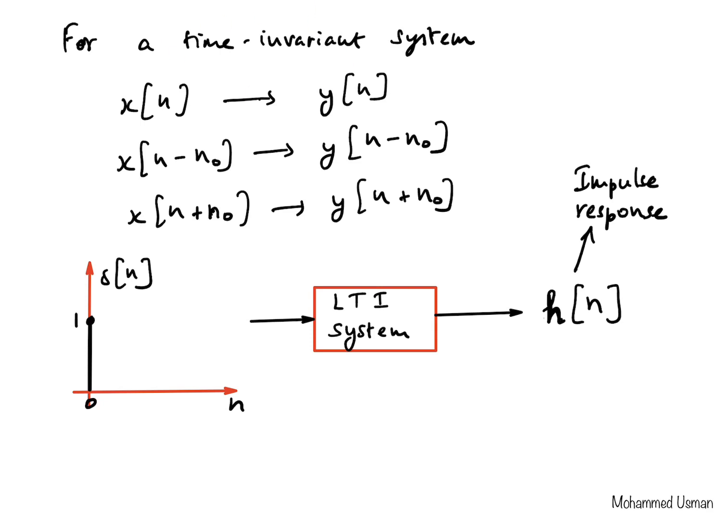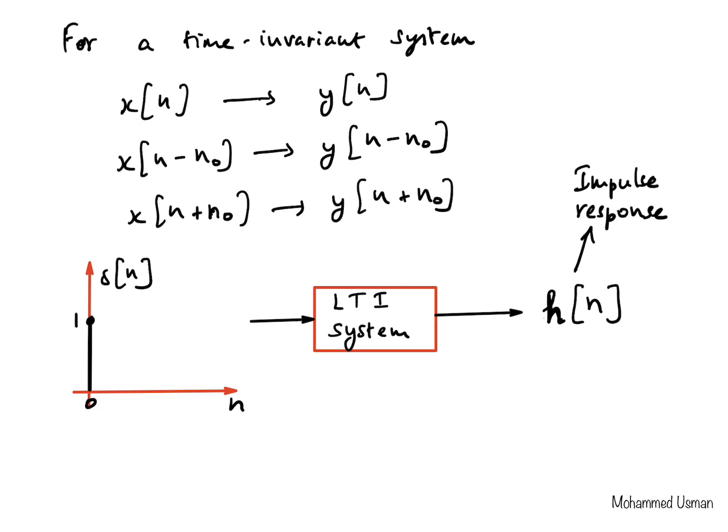And if the system is time invariant, any shift in the input will produce a corresponding shift in the output. So if you know the output for delta of n, then the output when the input is a shifted version of delta of n will be a shifted version of h of n, as we have depicted in these expressions here. So if we shift this impulse to the right by some amount, then the response will also be shifted to the right by the same amount. If we shift this impulse to the left by some amount and give it as input, then h of n will also get shifted to the left by that same amount,